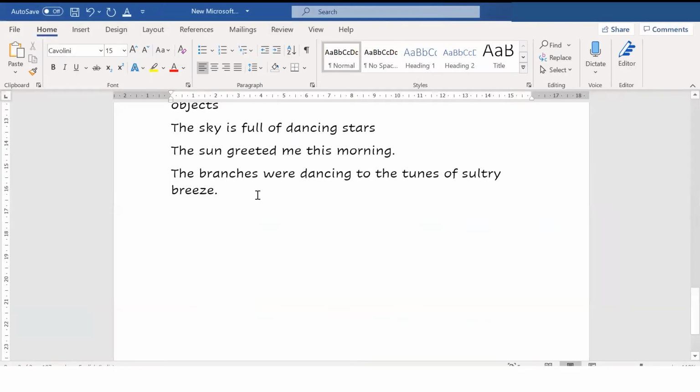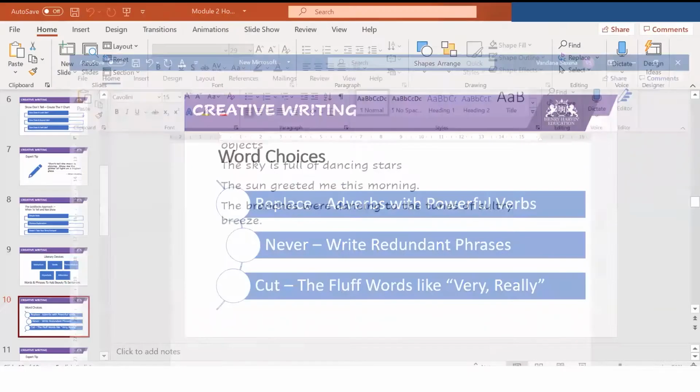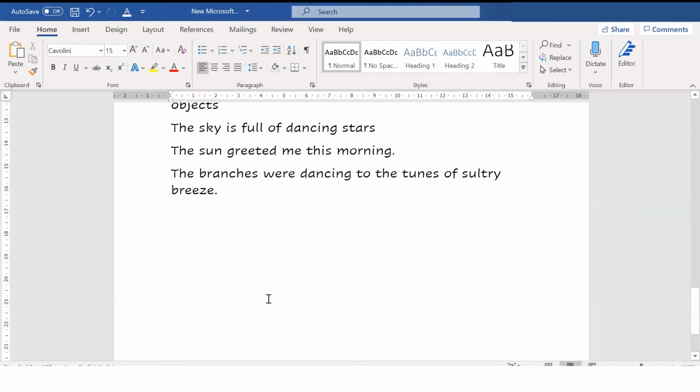So the first thing in word choices is important, that you have to replace the adverbs. The first thing is adverbs. Do not use adverbs. So if you want to write, say, quickly, let's say, he quickly went out of the house.